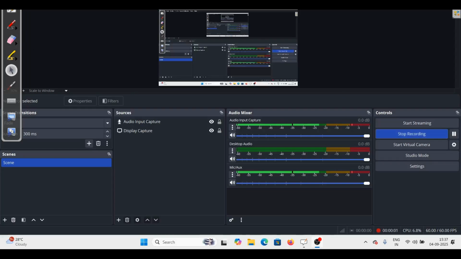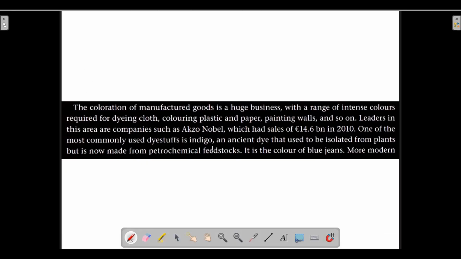Let's move on towards our next paragraph of Clayden book. The coloration of manufactured goods is a huge business. So it is a very huge business. What does it mean by coloration of manufactured goods? Suppose we manufacture a plastic container and that plastic container does not have color initially. So what do we do? We color it. We color it with the help of dyes, or other colors. Okay, so that is the coloration of manufactured goods, and it is a very huge business with a range of